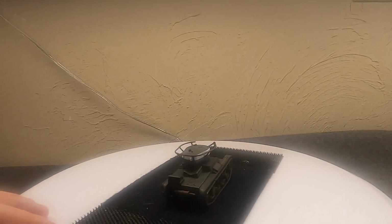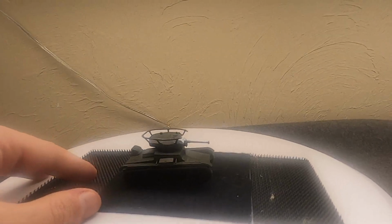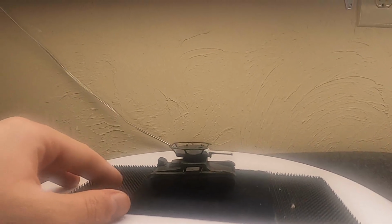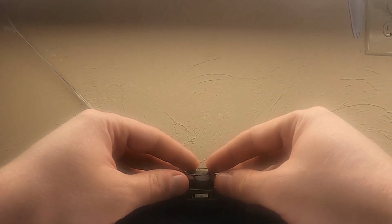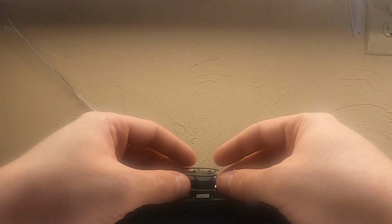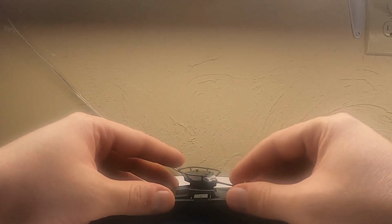Even with the improved armor, Finnish 37mm anti-tank guns, and even 20mm Lahti anti-tank guns were able to punch through the T-26. Although, to be fair, the combat in a lot of places in Finland was pretty short-ranged. But also, it had relatively light armament by the standards of the 1930s